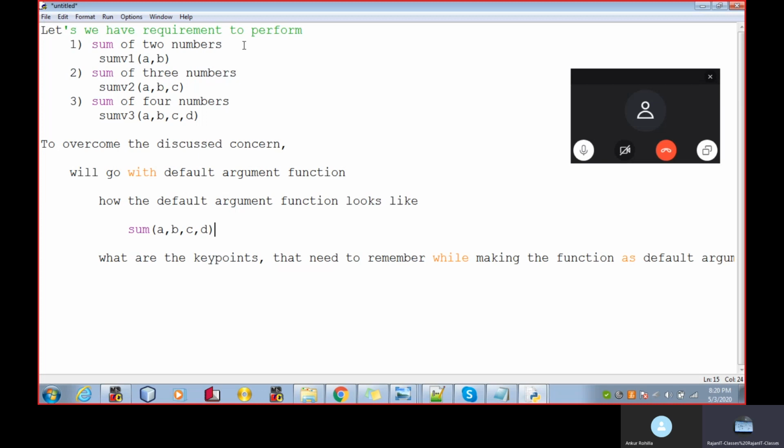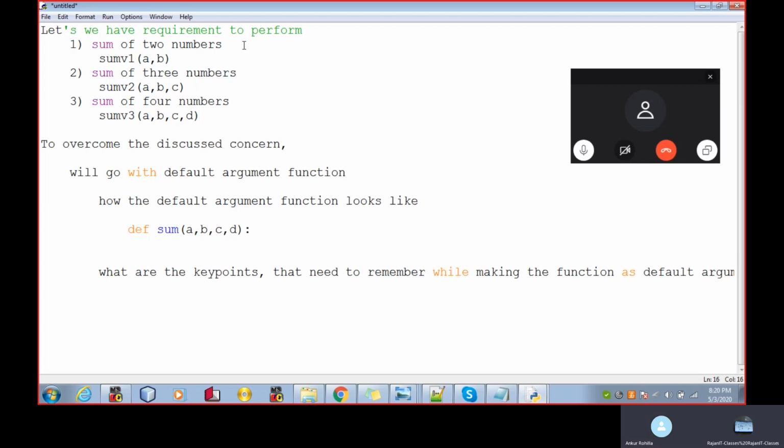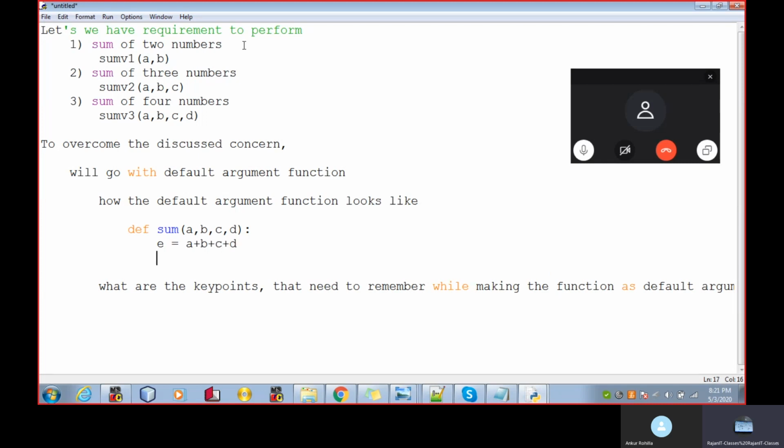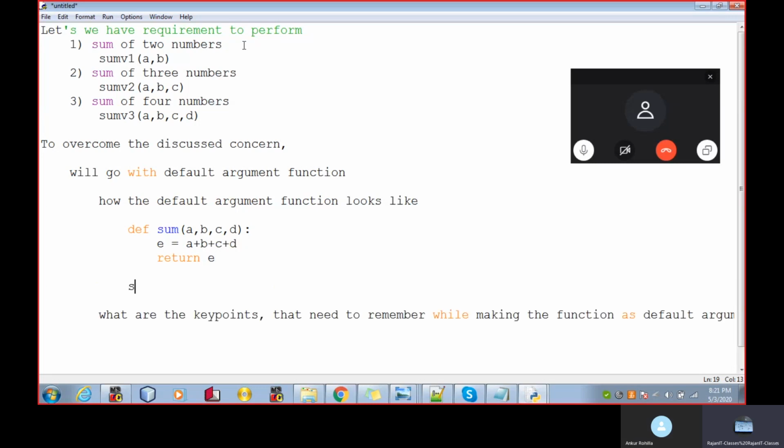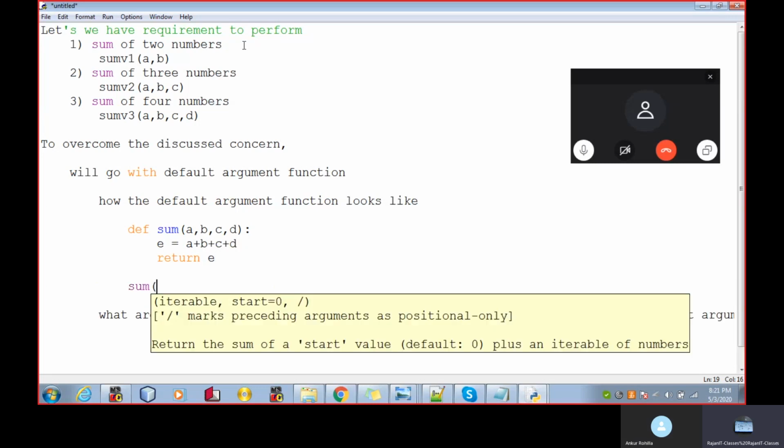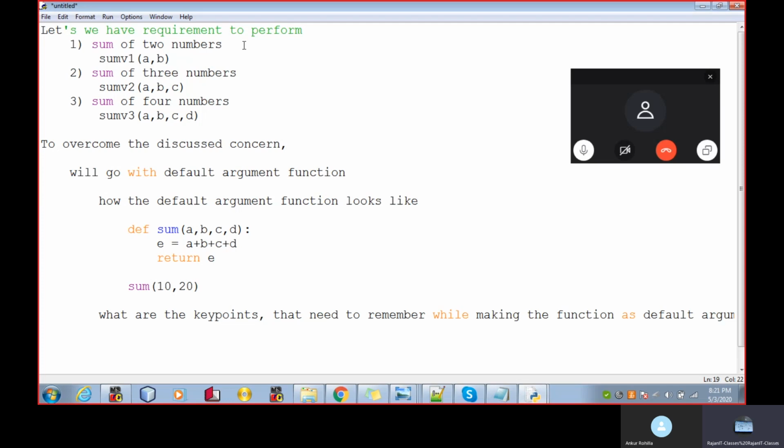So this is your sum function, where e is equal to a plus b plus c plus d, and return e. Whenever you call the function, the minimal requirement is to pass at least two values.